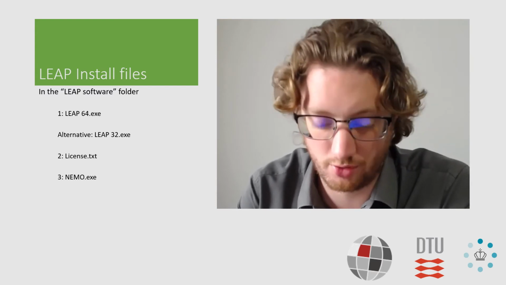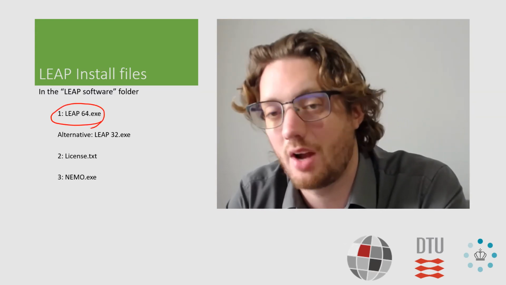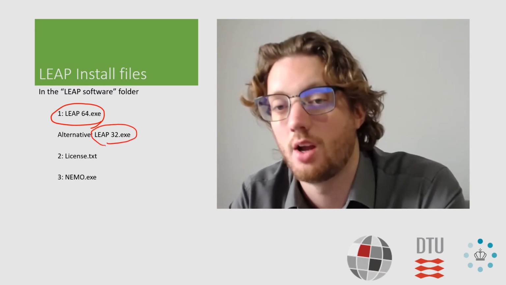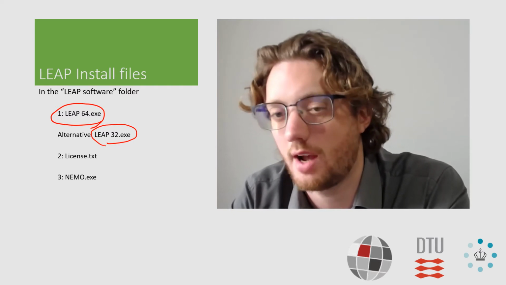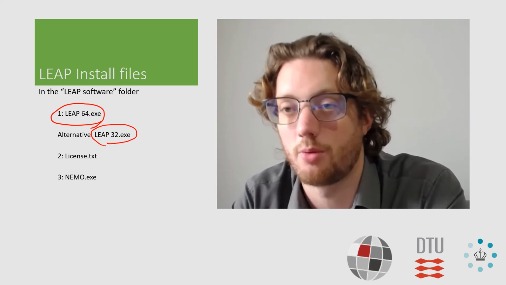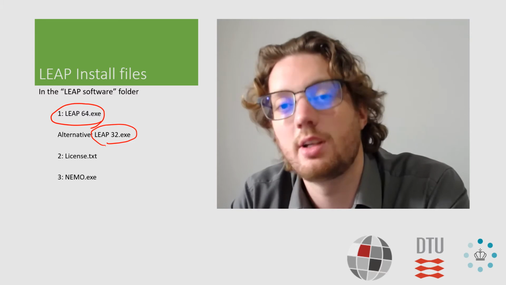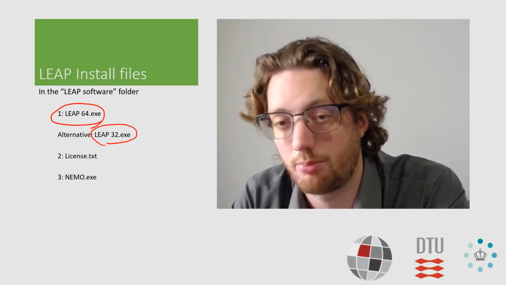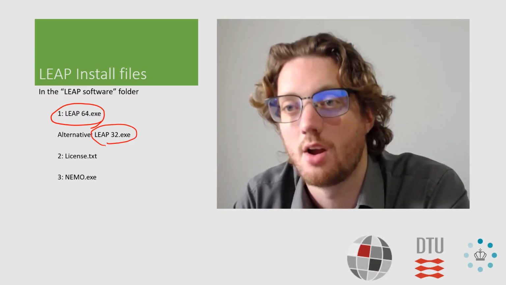The software you should install is the Leap 64.exe, unless you have a 32-bit computer, then it should be Leap 32. If you have a 64-bit computer, the 32 will also work, but I highly recommend installing the 64-bit because that can use a lot more RAM, which is needed when we are actually running the Leap models. You can run into some real problems about not being able to run all scenarios at once if you have